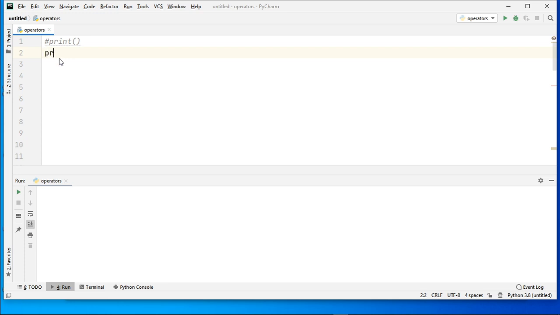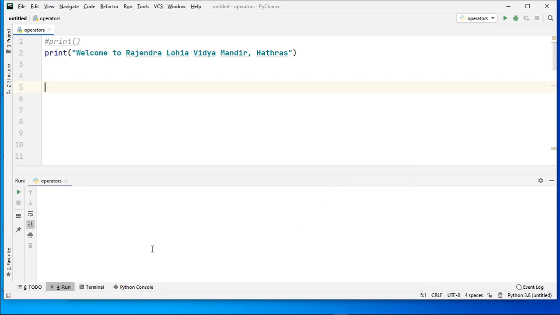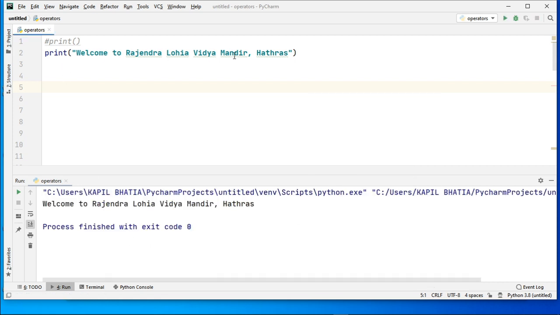So suppose I write print, and if I execute this statement, you will find the output as this string, welcome to the Rajendra Lohia Vidyamandir Hathras, onto the screen.